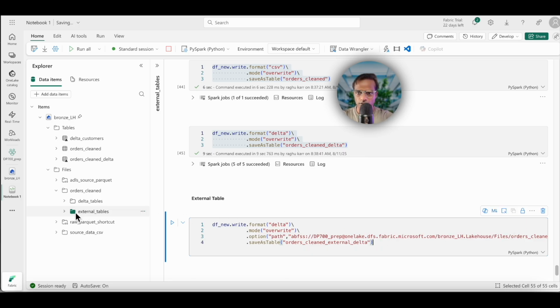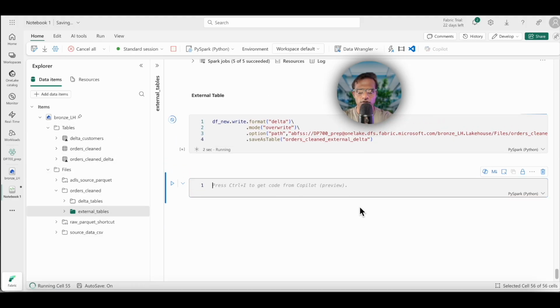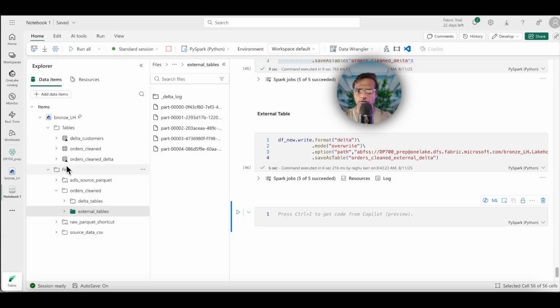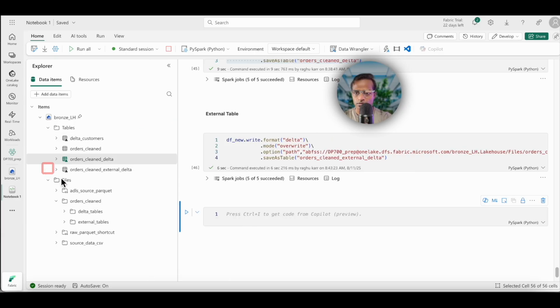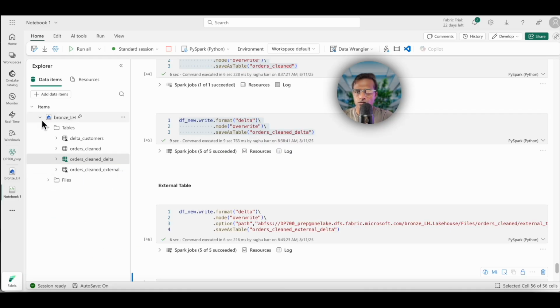The actual data should be saved in the external tables folder, but the metadata will be shown in the tables. Shift enter. You can see the data is here. Tables, refresh, and you can see the delta table is saved in the tables, but the actual data is in external tables. This is an example of an external table. Okay, so this is how we write data to tables and files in the same lakehouse.